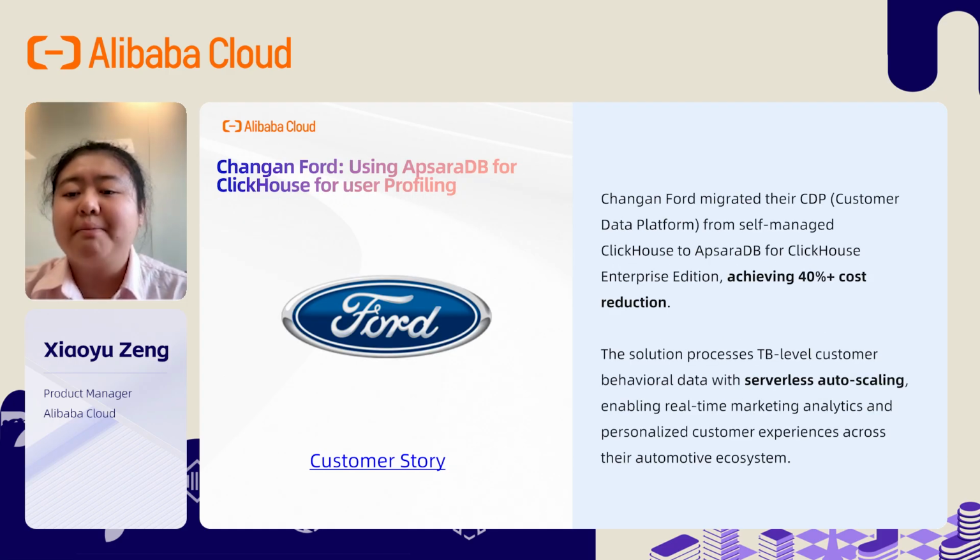Triumfold achieved similar transformation by moving their customer data platform to ApsaraDB for ClickHouse Enterprise Edition. They reduced cost by over 40% while gaining serverless auto-scaling. Now they use ClickHouse to process terabytes of behavior data in real time, powering personalized customer experiences across their automotive ecosystem